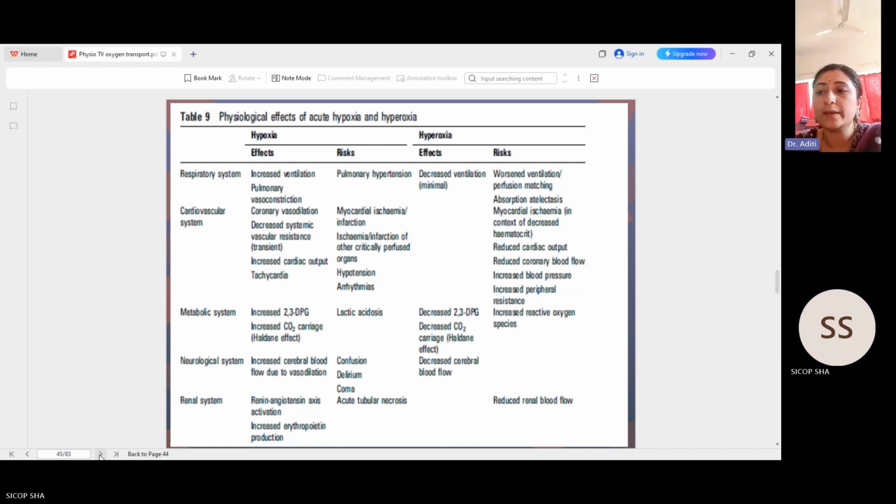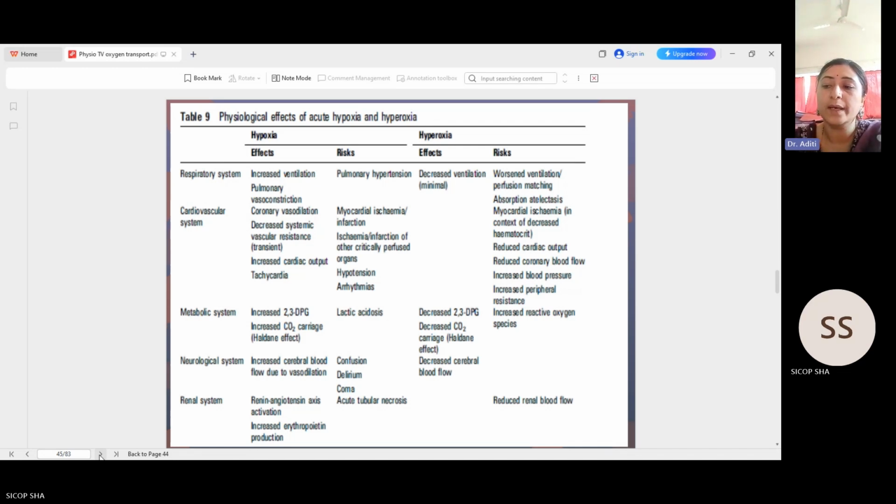So in hyperoxia, there will be decreased ventilation, decreased 2,3-DPG, there will be decreased CO2 carriage, again the Haldane effect, and there will be decreased cerebral blood flow. So the associated risks are worsened ventilation perfusion matching, there could be absorption atelectasis, there could be myocardial ischemia again, or there could be reduced cardiac output, reduced coronary blood flow resulting in ischemia, increased blood pressure, increased